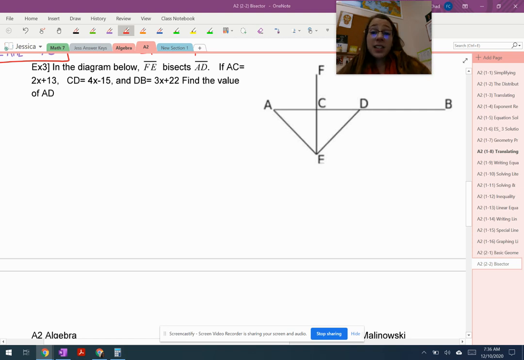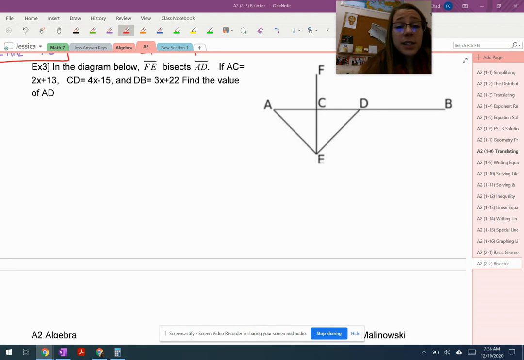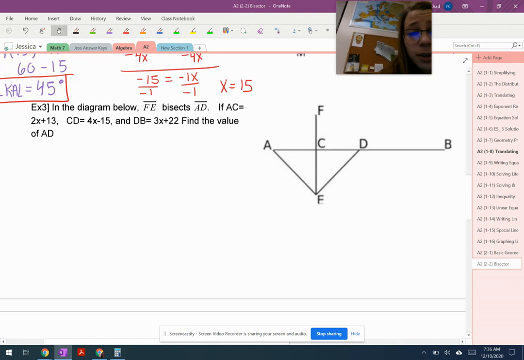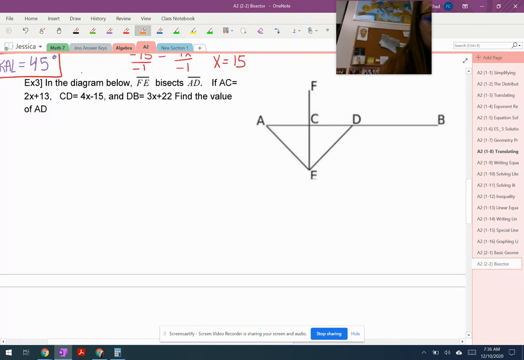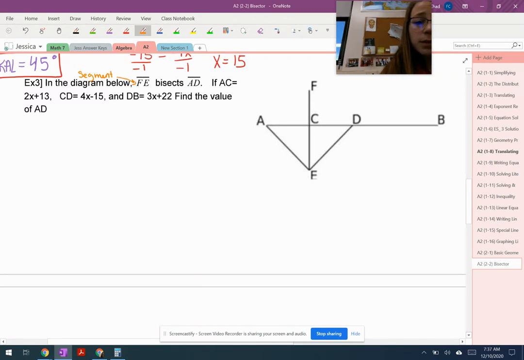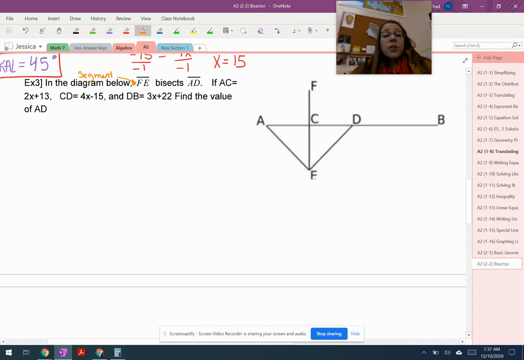Okay, here we have the last bisector example that we're going to do for this lesson 2-2, and then you're going to try some practice problems. So in this diagram below, in this crazy looking diagram, segment, remember that's what that notation means. I'm just going to say segment. I don't want to put an arrow there. So segment FE, that would be this right here,